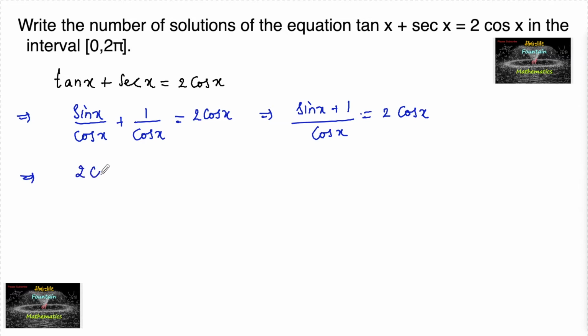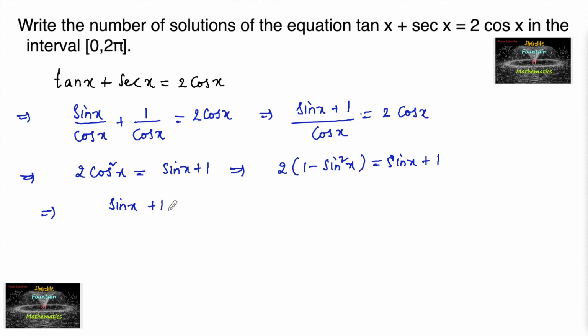or we can write this as 2 cos square x is equal to sin x plus 1, or we can write 2 times of 1 minus sin square x. Since cos square x is 1 minus sin square x, we can write this is equal to sin x plus 1, or we can write this as sin x plus 1 minus 2 plus 2 sin square x is equal to 0, and simplifying, we have 2 sin square x plus sin x plus 1 minus 2, that's minus 1,